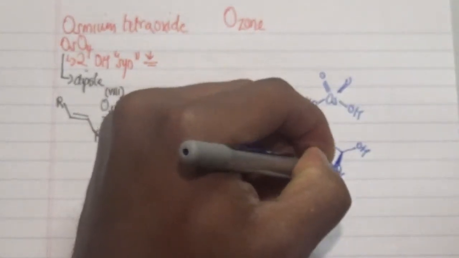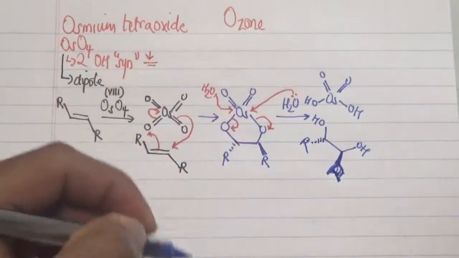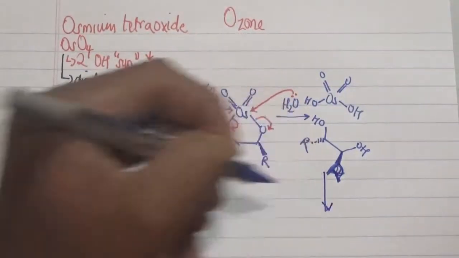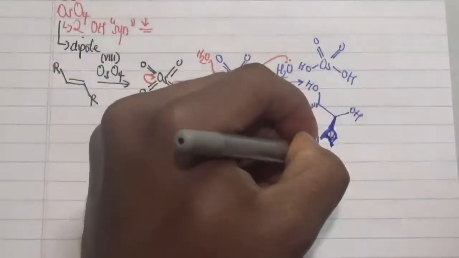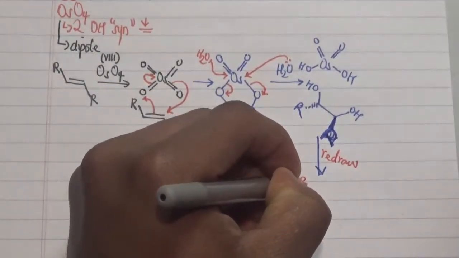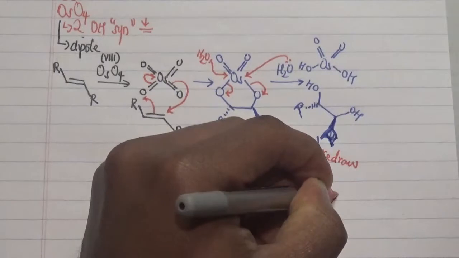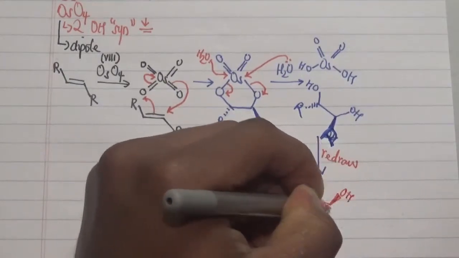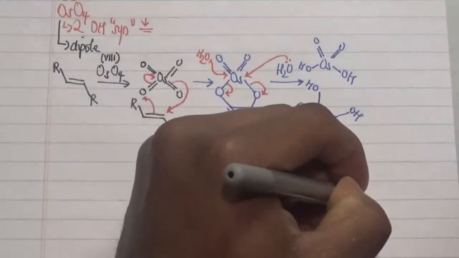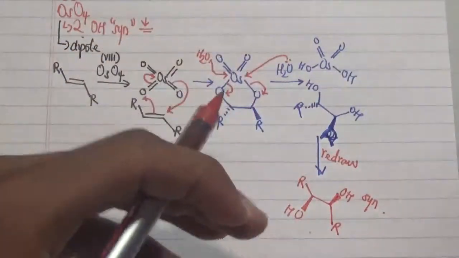Oh, sorry, this is meant to be R. Then if you redraw this, we actually have both hydroxides seen with respect to each other. So we have the same product over there. Take note that this reaction is done in the presence of water, and also you need to note